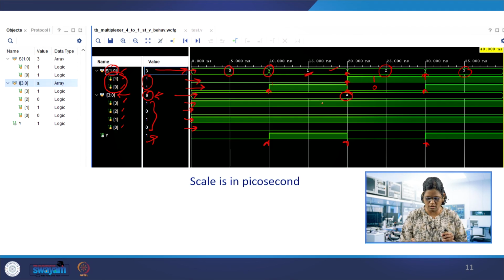This first one, and then this portion. You can see the nanoseconds. This can be expanded, and you can see the resolution at smaller scales that represent the picoseconds here. So this is the snap which shows the multi-bit expansion of the variable, which can be viewed in the waveform editor or waveform viewer.